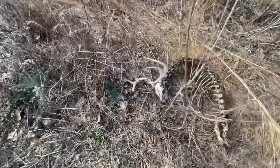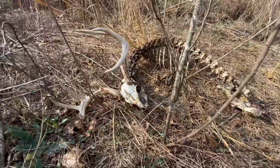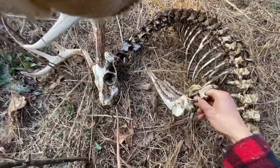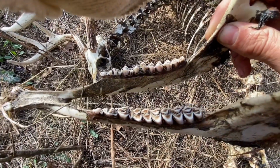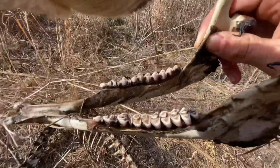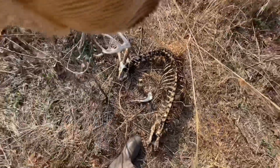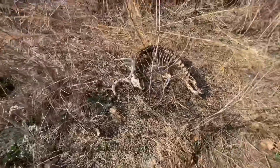Not a bad buck. Solid 8-point. Another deadhead. That's another this year's head too. Let's see here real quick. Pretty old buck. Probably 4.5. Tell me what y'all think, if I can get the lighting good. Yeah, it's a pretty good deer. Probably take a couple of as it lay pics real quick, and then